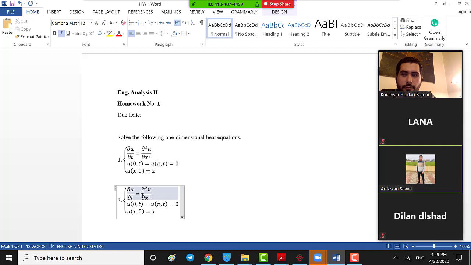So I write a 4 here. That means alpha is equal to 2. L is still pi; pi is a good number for L because n pi over L in the solution becomes n, right? Now, instead of f of x equal to x, this time I write